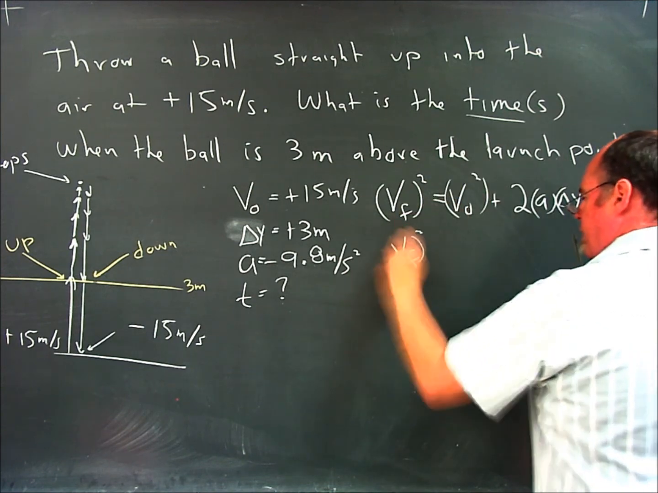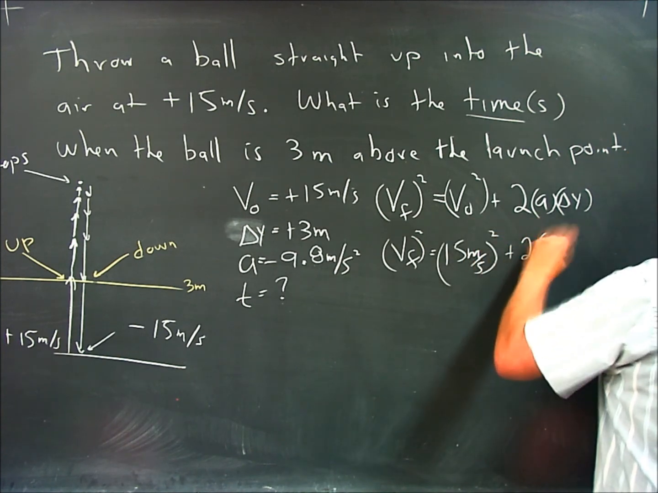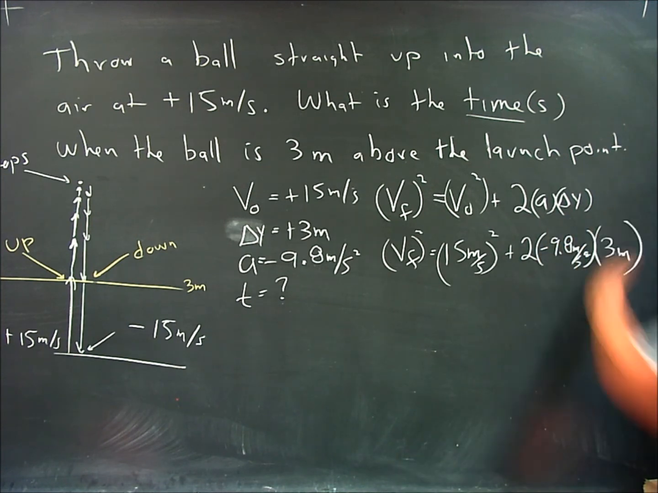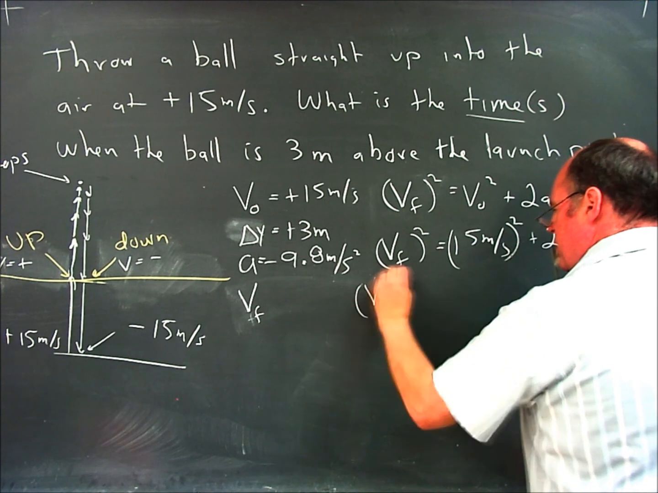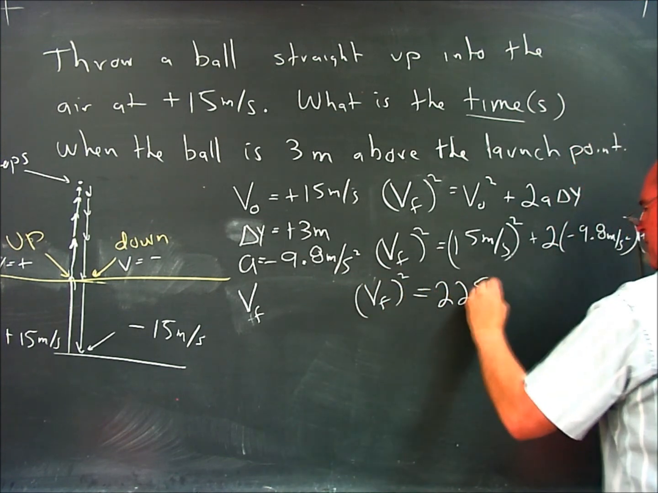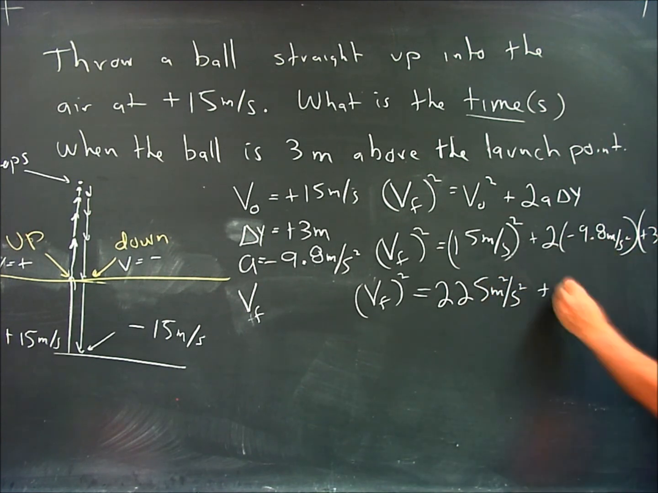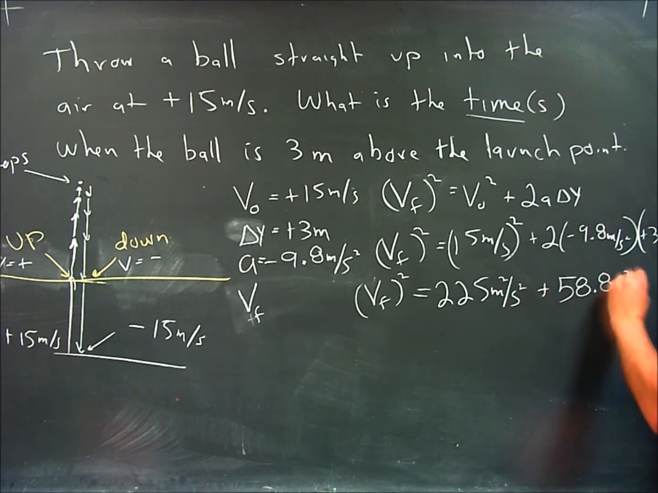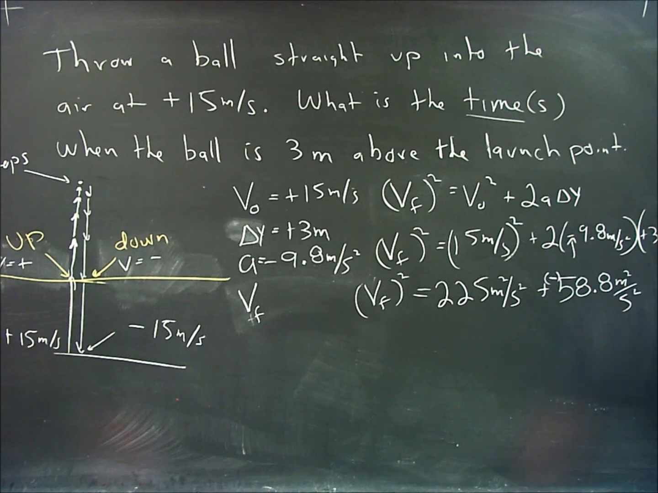V final squared equals 15 meters per second squared plus 2. A is negative 9.8 and delta Y is 3. So this is going to be V final squared. This is going to be 225 meters squared over second squared. This is going to come out to be 2 times 3 is 6 times this, which is 58.8 meters squared over second squared, but it's negative because of this symbol right there. It's negative there. So when I take 225 and I add a negative 58.8,